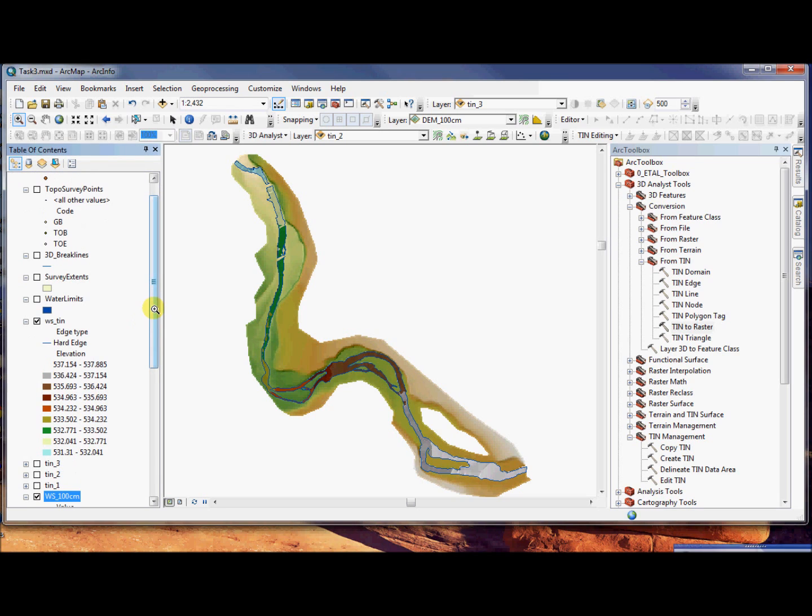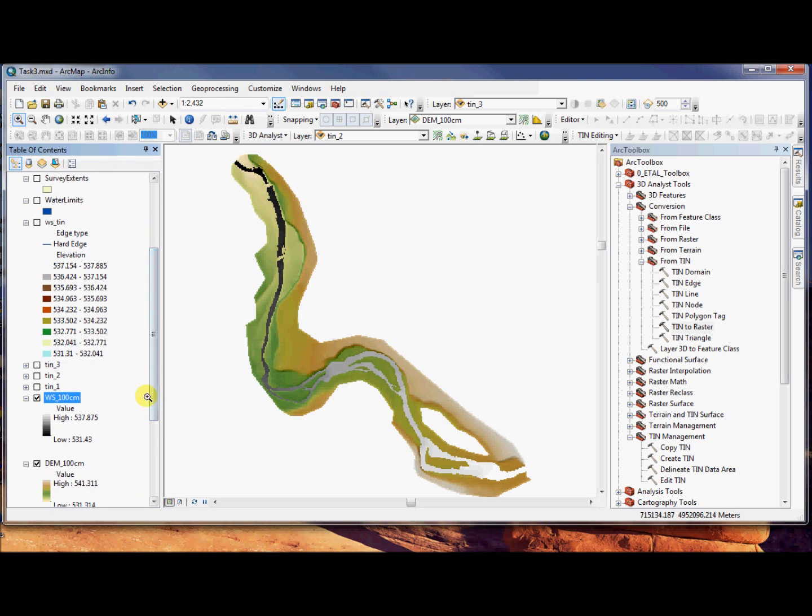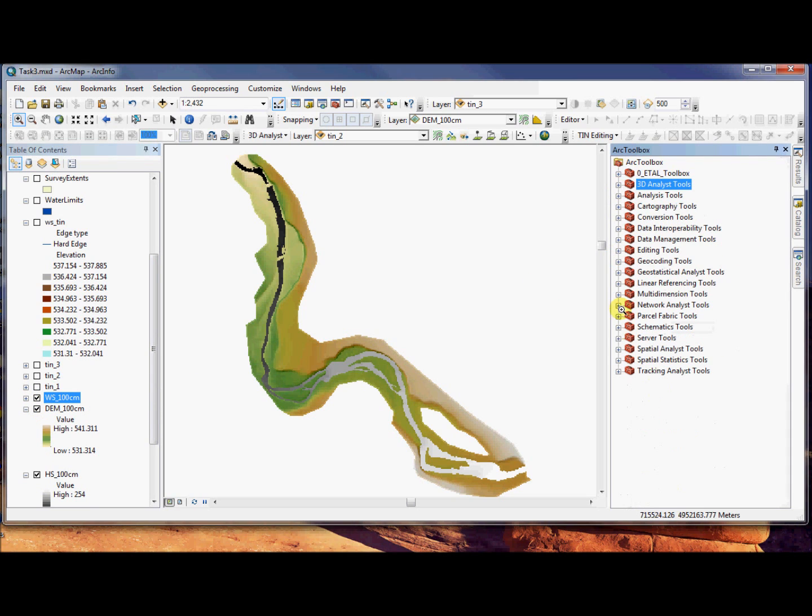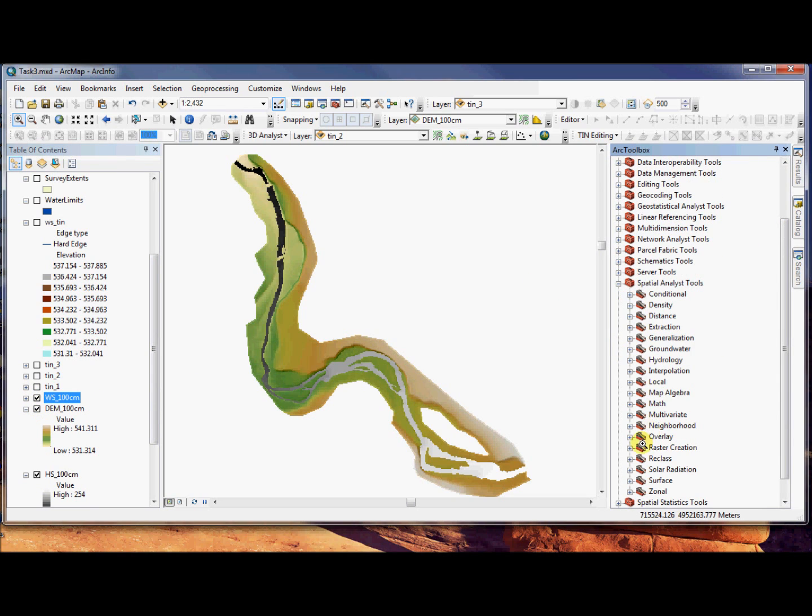Okay, it's gone ahead and created that water surface, and so here we can see it now. While the water surface is helpful for getting a feel for the slope through the reach, what we'd really like to be able to look at is water depth. And so the next thing that we're going to do is go into the Spatial Analyst tools,